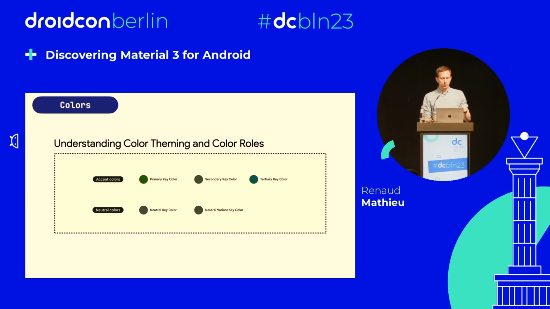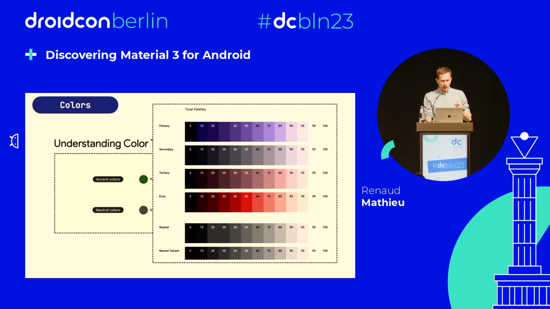The foundation of the color scheme is just the set of these 5 key colors. So when you are migrating to Material 3, think about this. This is the foundation. You have 3 accent colors: the primary, the secondary, the tertiary, and you have the neutral one and the neutral variant. And specific tones from each tonal palette are assigned to a color role across the UI,